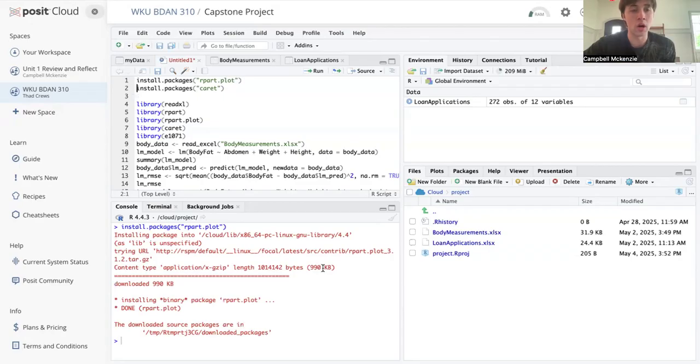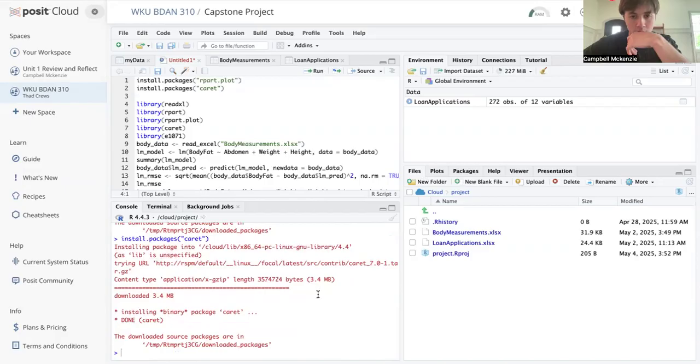So now we are going to install and download the caret package, and basically the caret package is used for modeling the confusion matrix. So let's run this and watch that happen. Okay, all right. So now that we have all the packages downloaded and ready to go,